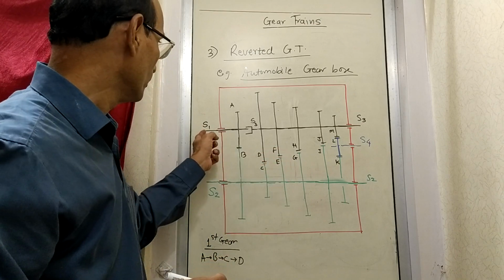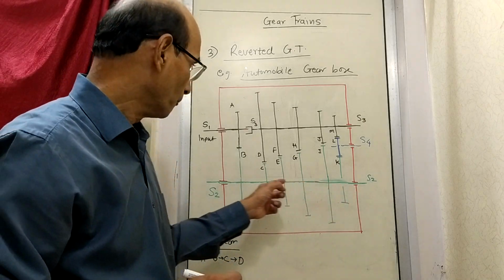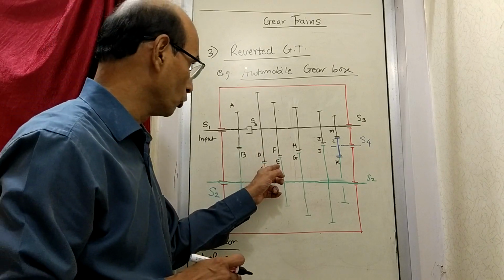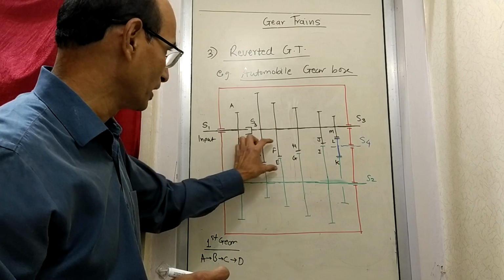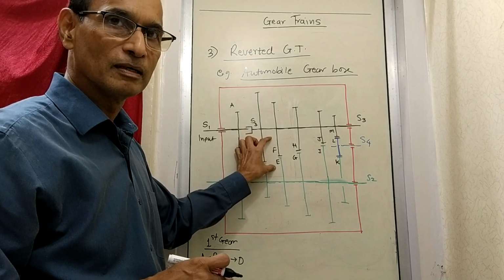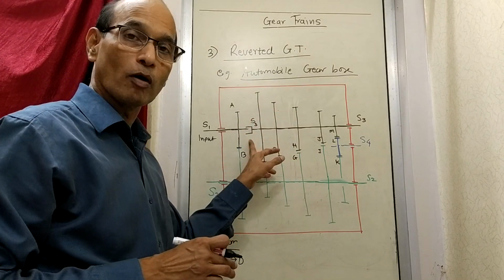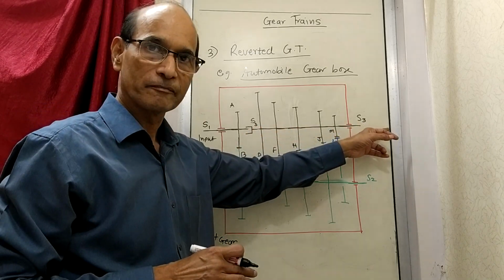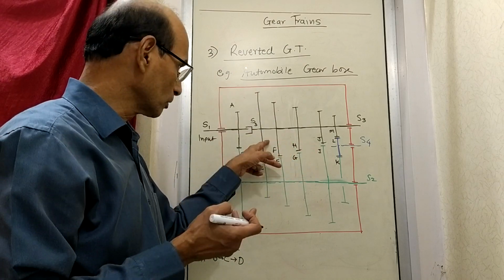So now what happens? The power goes from A to B just like last time. B is still rotating just like last time, but instead of power going from C to D like first gear, now the power will go from E to F. And when it goes from E to F, you can see the diameter ratio here and the diameter ratio here, there is a difference. So because of this difference, the speed of this will be different from what was the speed for D. And because this is connected to S3, this S3 will rotate at a different speed because of the ratio of these two.